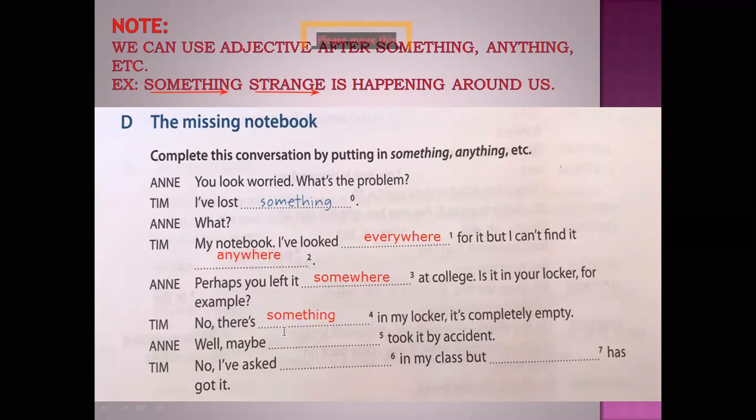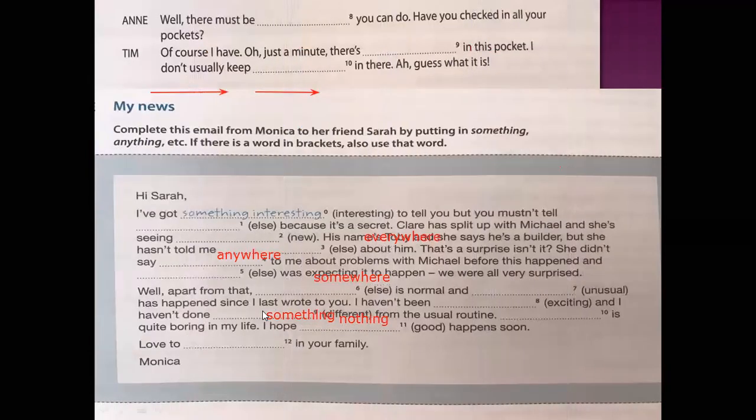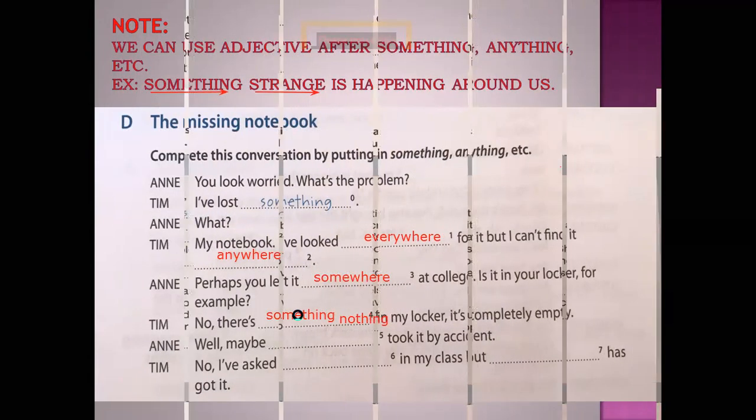In my locker. Do you see this word? No, negative. I guess it's nothing. Why is that? Because it says that it's empty, so we can say there's nothing inside there. It's negative, right? In this case, you cannot use